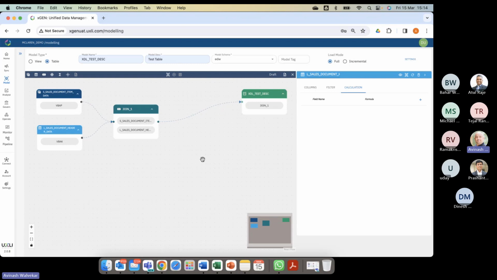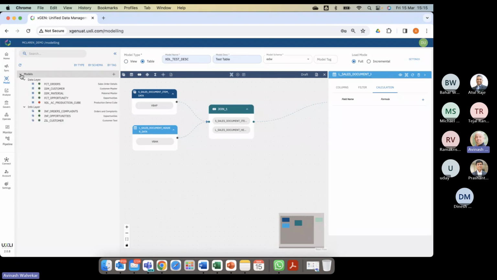So this is a view of how easy it is to code or to not code that information, and just allow the system to generate that code automatically based on best practices and relevant to the cloud that we are connected to. Right. So I've just shown you a simple join, but like I said, other options of doing unions and aggregates and star nodes or even writing your own scripts are all possible within the system. Right? I'll show you the example of a